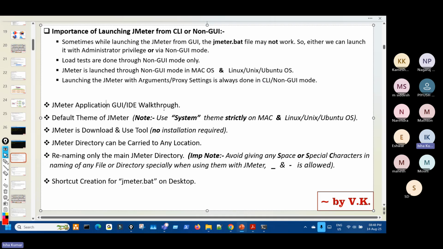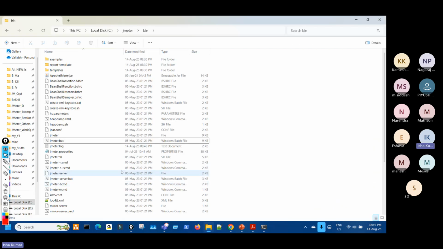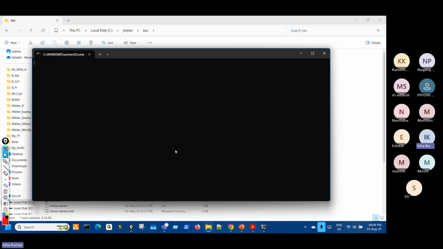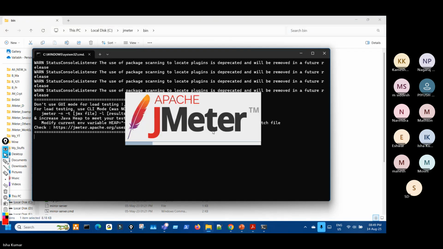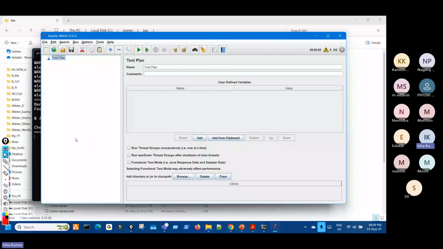So we had a little walkthrough. No need to go much deeper in JMeter for now; slowly we'll start using it. Second is the default color. The default theme of JMeter is dark, but if you want to change it, I've told you on Windows which color to choose. That is one thing. Next is, especially on